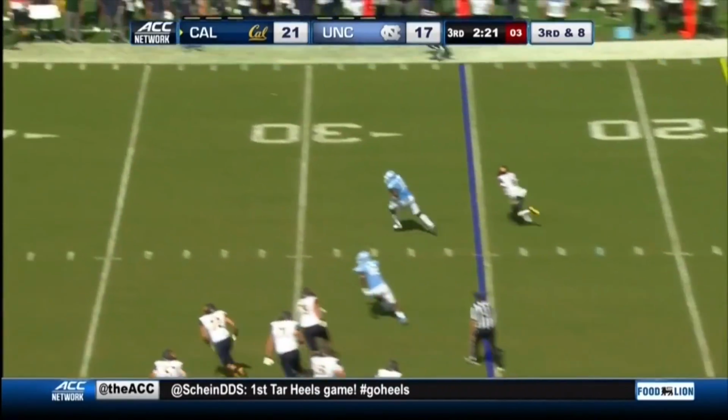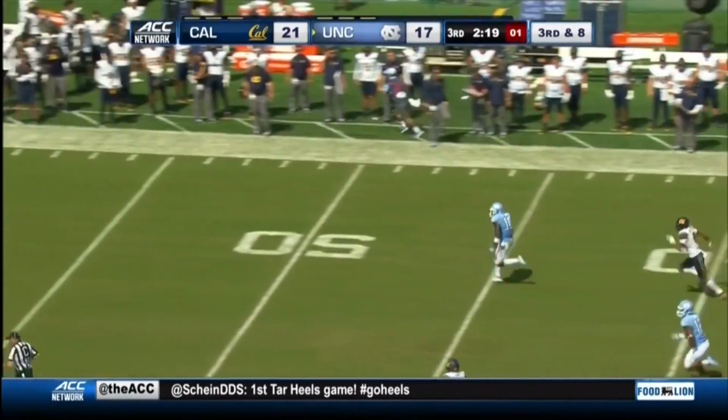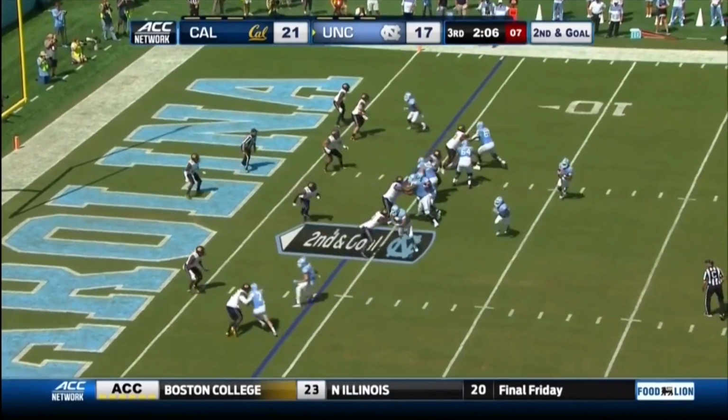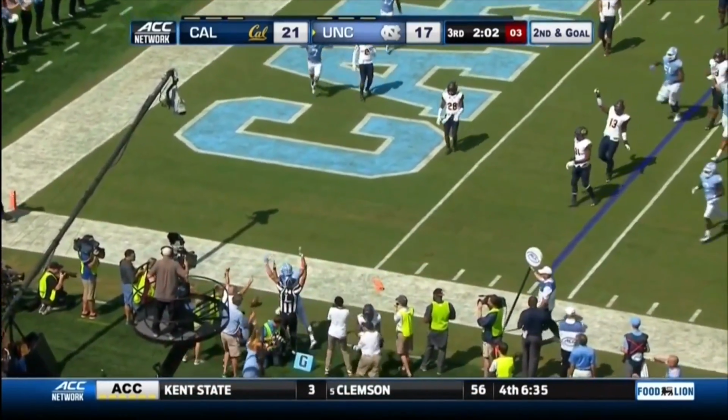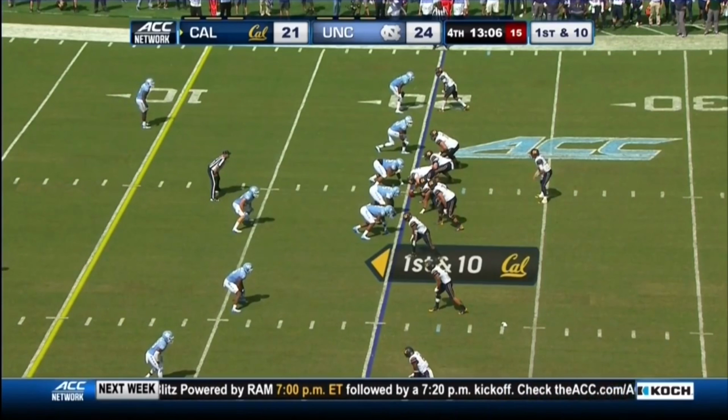before Cal threw an interception that North Carolina returned most of the way to the end zone before they were finally able to punch it in, giving them a 24-21 lead late in the third quarter, before Cal drove the length of the field on the very next drive. And what we see here is that Cal's got a 1st and 10 from the North Carolina 20, and they're